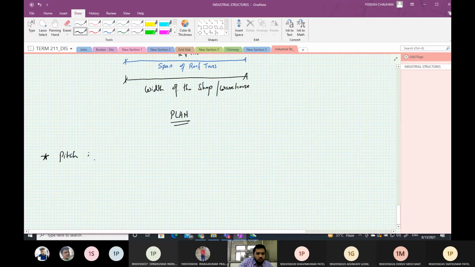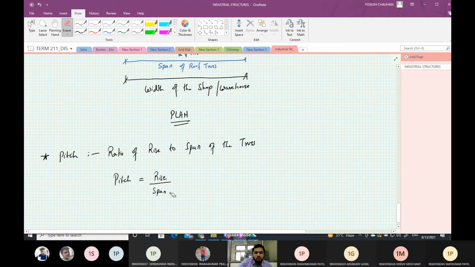So it is the ratio of rise to the span of the truss. That means pitch is equal to rise by span.